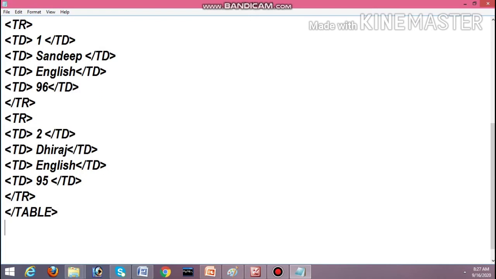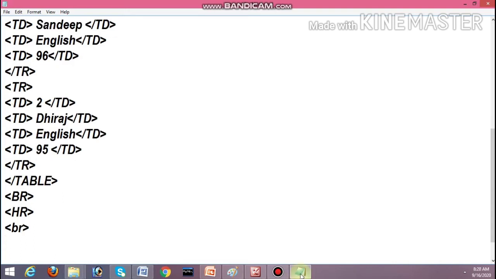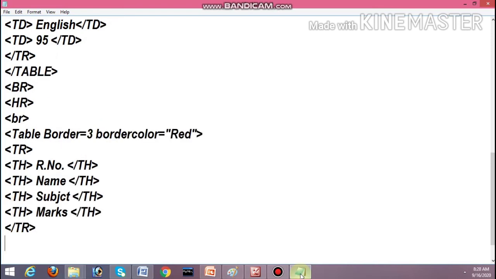Now I create a table with some attributes. Table border equal to 3, border color equal to red. Then the same thing, first row, I give the heading, close the row.